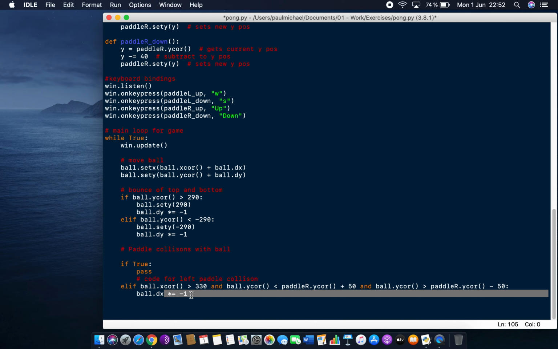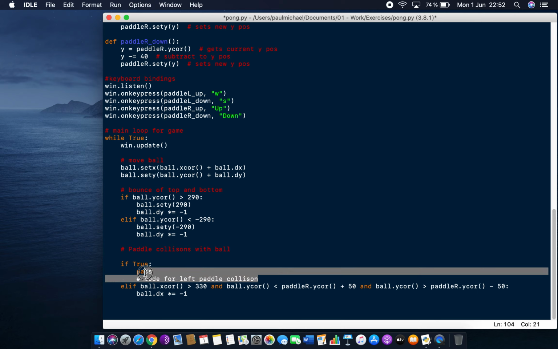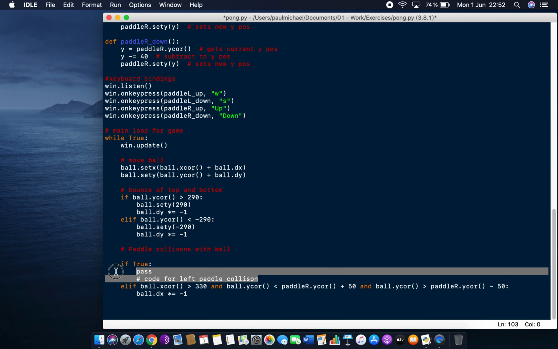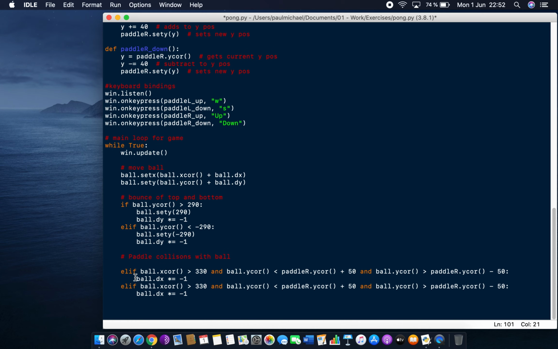Okay, so maybe I have to think about basically doing the rest of it. We'll try and do this bit as well, and what we're going to do is essentially copy this. So we'll copy this, put it here, change that just to an if, of course. And for this bit, we have to change this to